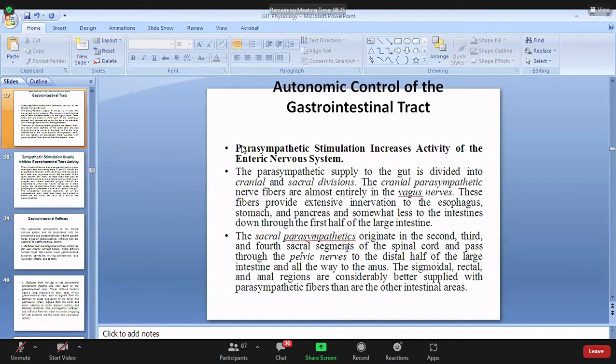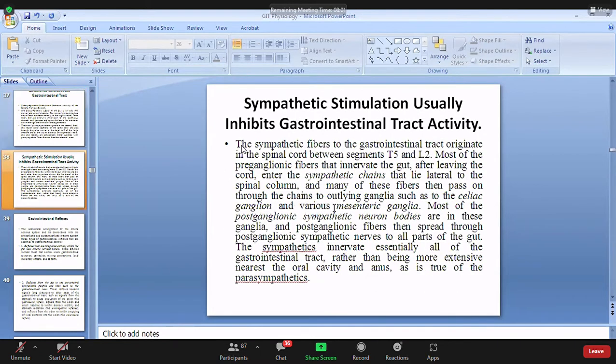And the sacral parasympathetic nerve fibers originate in the S234 segment of the spinal cord, and through the pelvic nerve they supply the distal half of the intestine all the way to the anus, and the sigmoidal, rectal and anal regions are considerably better supplied with the parasympathetic fibers than the other intestinal areas. এটুকু বুঝতে পারছো? জি ম্যাম।